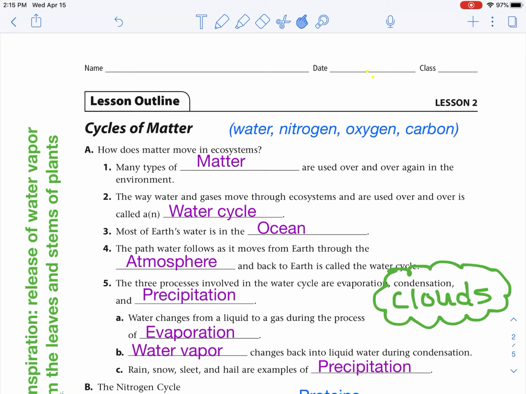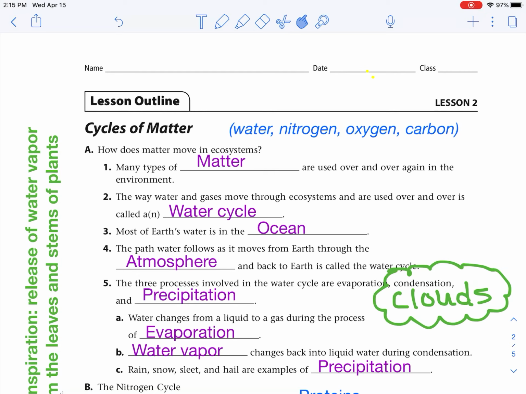How does matter move in ecosystems? Many types of matter are used over and over again in the environment. The way water and gases move through ecosystems and are used over and over is called a water cycle. Most of Earth's water is in the oceans. The path water follows as it moves from Earth through the atmosphere and back to Earth is called the water